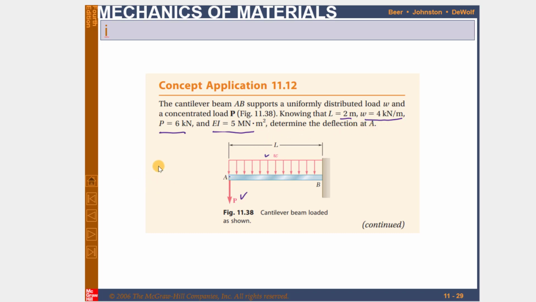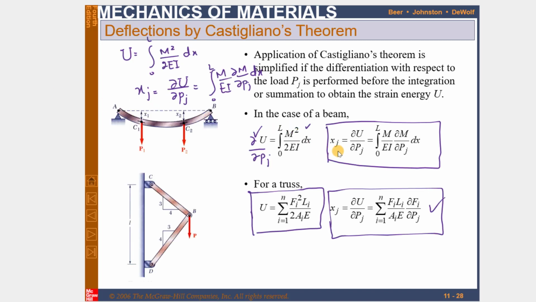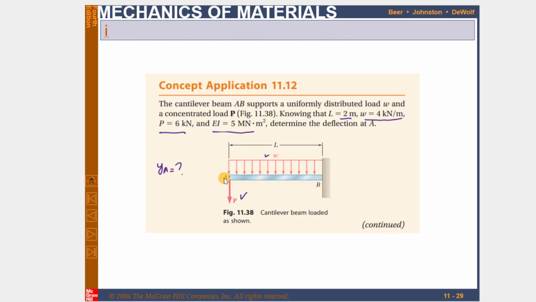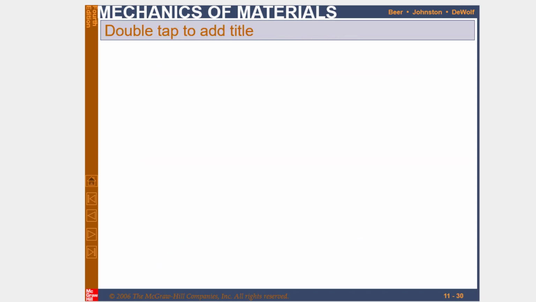Clear? So you have to find YA. Clear? Okay. So let's move further. Now, as you know, we have this deflection from our previous equation. Since this is a vertical displacement, represented as xj, here the vertical displacement will be YA. So this YA is equal to